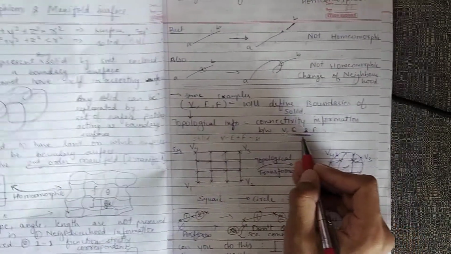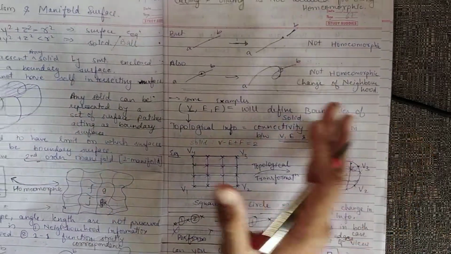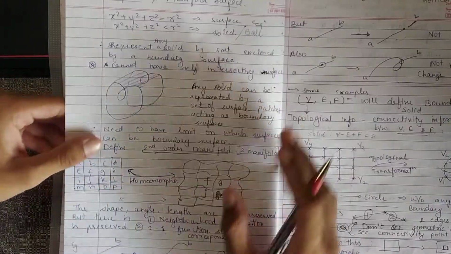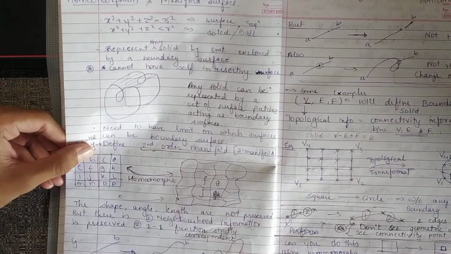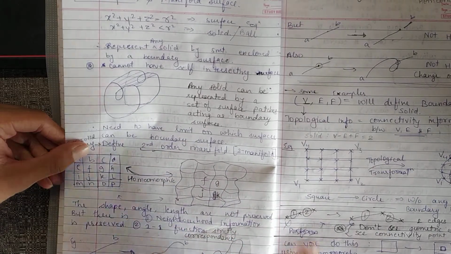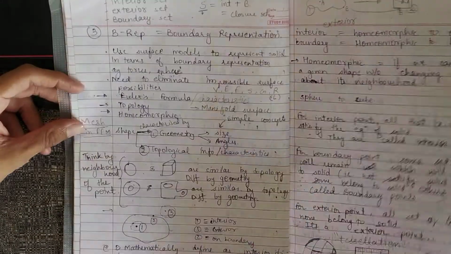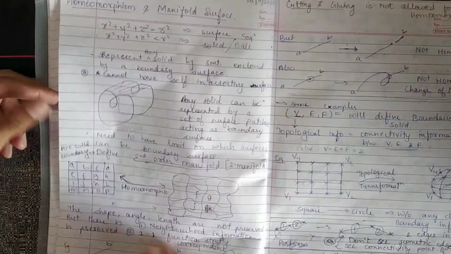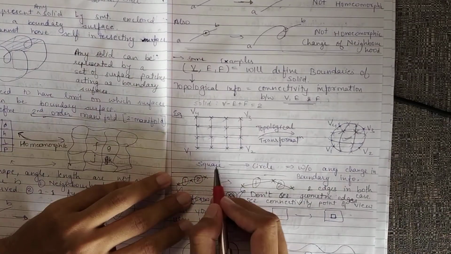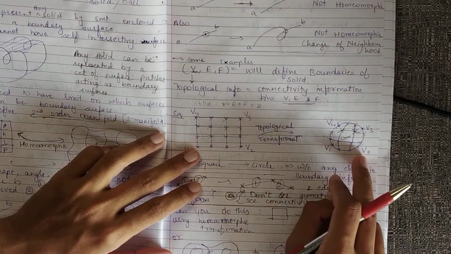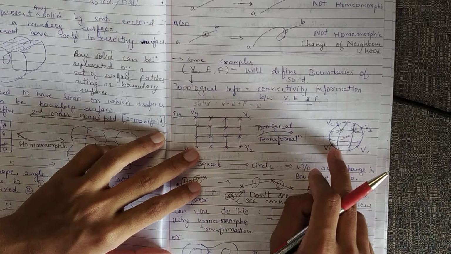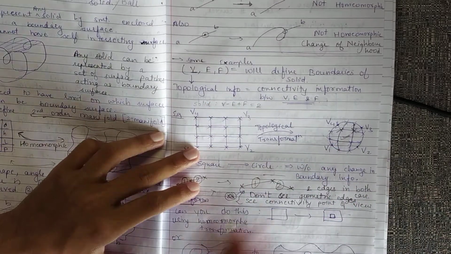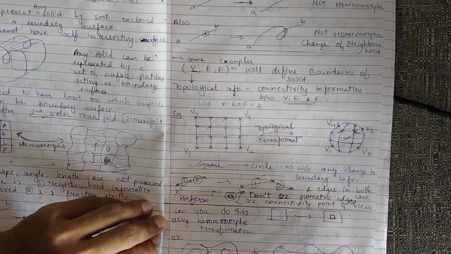And now we are going to keep the geometry aside. So over here also we have put the geometry aside, and we are just concerned about the connectivity information. That is very important over here. So topology also means the connectivity information. So here all the connectivity information is maintained in a topological transformation. The size, the geometry, is not our concern.